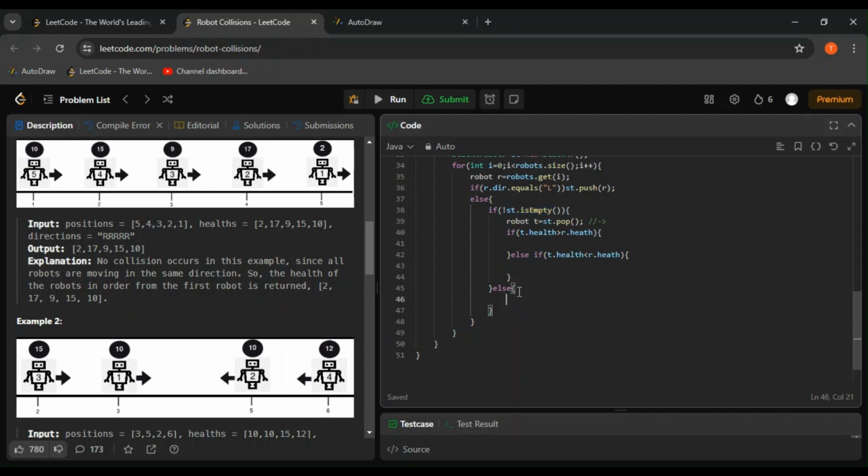This would mean that the stack is empty, meaning I have a robot who wants to go in the right direction, but doesn't have anyone to collide with. Correct. So we want to preserve this one. So new robots dot add R. Correct. Else,